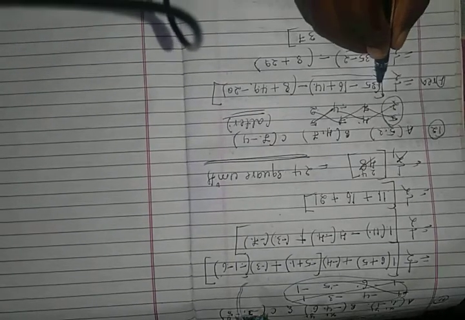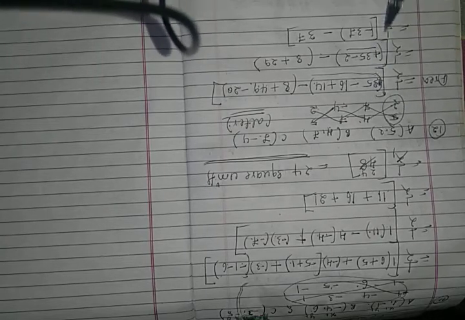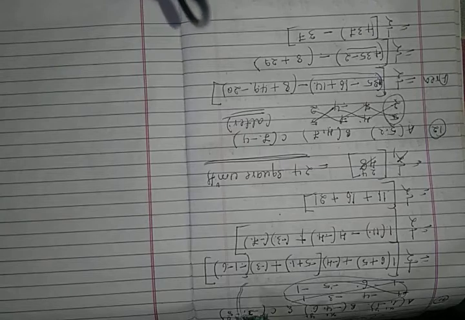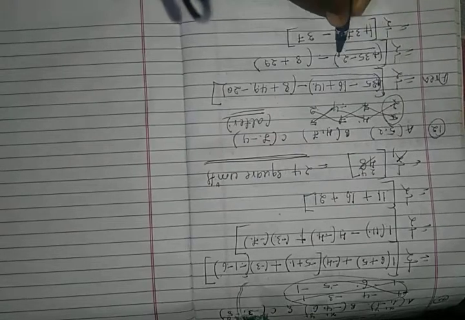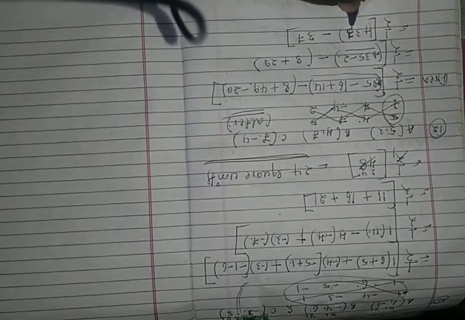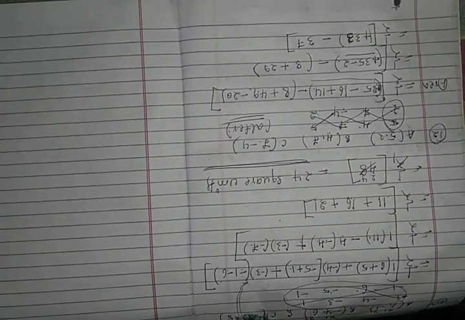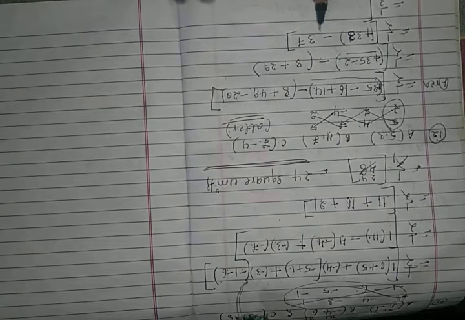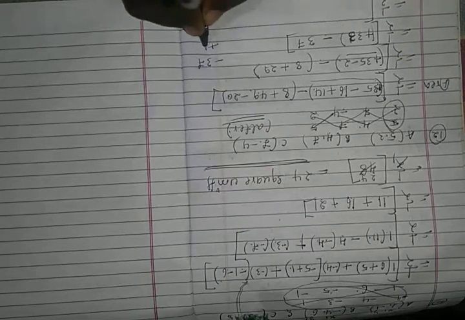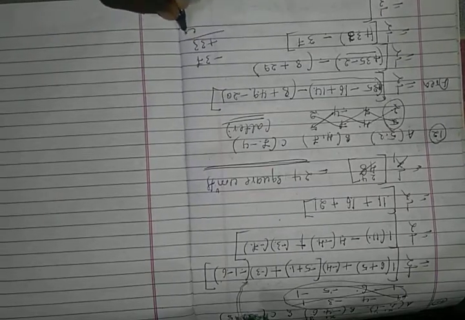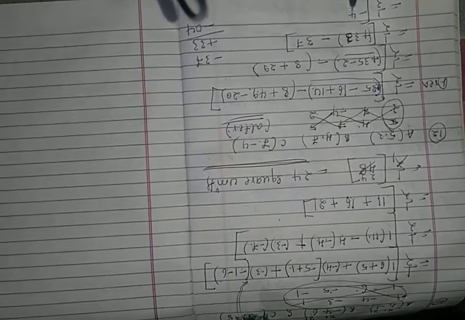Sorry children, here it is plus, this is not a minus, this is plus. So this is also plus, because 5 7s are 35, plus 37. It is 35 minus 2 is 33. Next step is half of minus 37 plus 33. 7 minus 3 is 4, 3 minus 3 is 0, the bigger number is minus, so here it is minus 4.